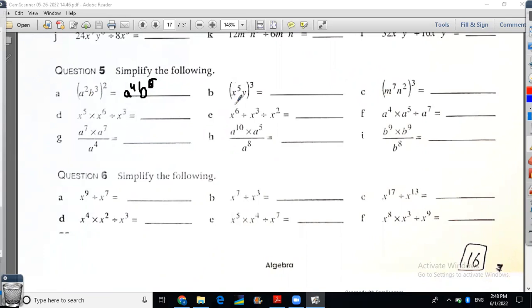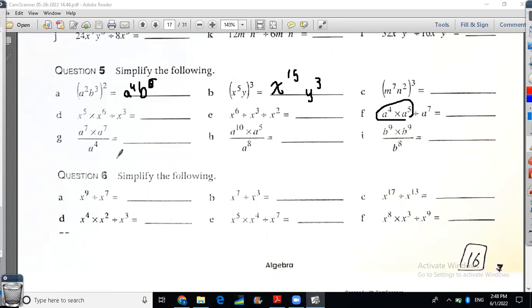Here, x to the power of 5, y, and all is to the power of 3. X to the power of 5 to the power of 3 is x to the power of 15. Y to the power of 1, to the power of 3. Multiply the powers is going to be y to the power of 3. The same thing exactly with the rest of the questions. Here you're going to multiply first, which is adding the powers, and then you divide, which is subtracting, get the powers after that. Same in question number